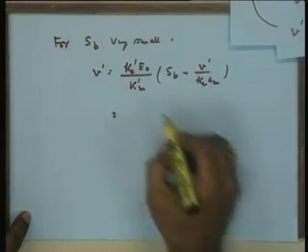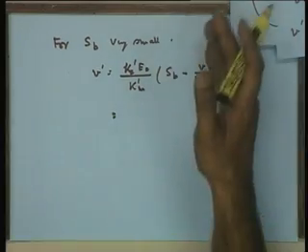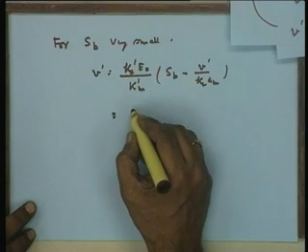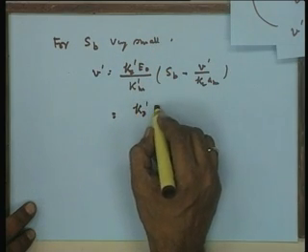Or if you simplify this, simply take all the V dash terms onto the left hand side, you will get K2 dash E naught